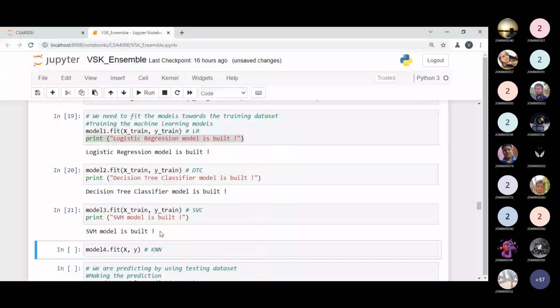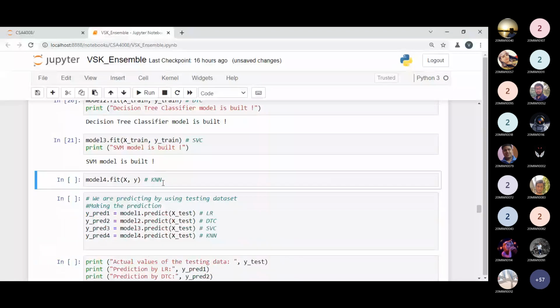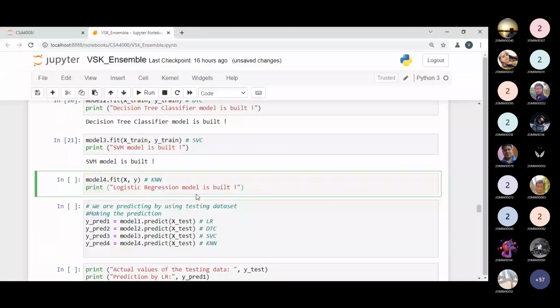Now this is the point: why am I passing X and Y rather than X train and Y train in the KNN? Can anyone tell me right now why I'm not passing X train and Y train? Because the KNN model is trained on the whole data set. Yes, super. As per the theory portion, we have to keep all these things in mind in the practical part. What is the pro of the KNN algorithm? The entire data set will be used as a training data set to build your model. Okay, so that is the point you have to keep in mind.